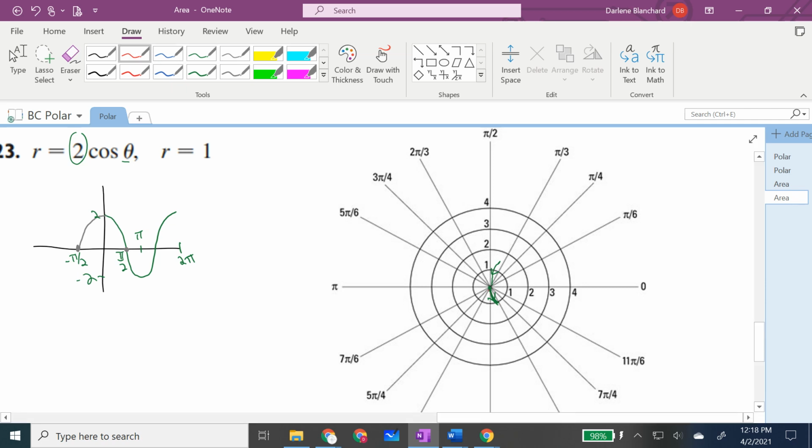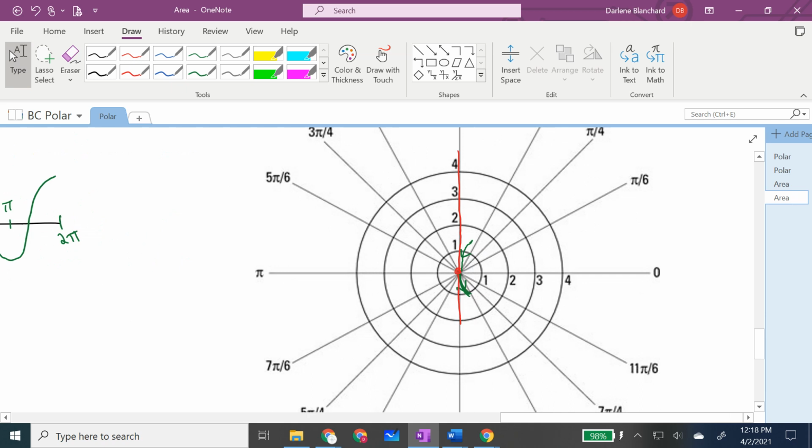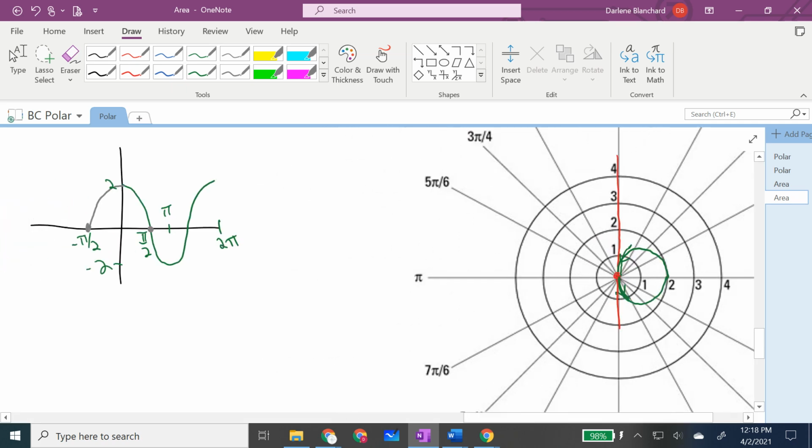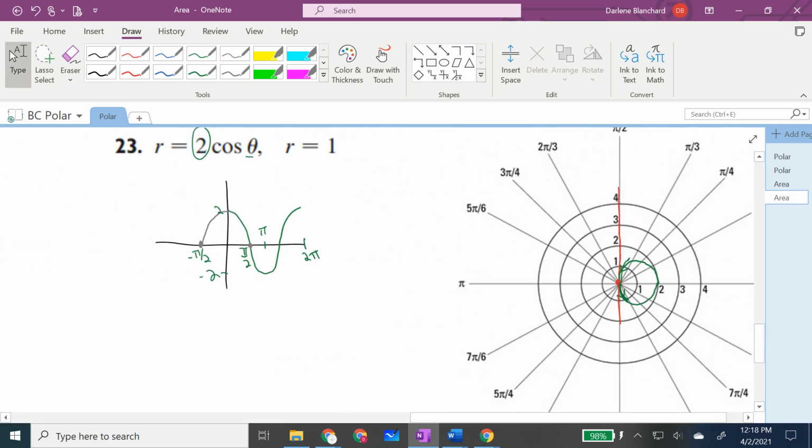I am staying in between those two. And I go all the way out to 2. So I'm going to spiral out, spiral in. Now, it's valuable for you to be familiar with what shape that just created. And to figure out what shape it just created,